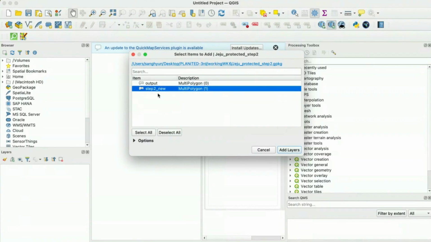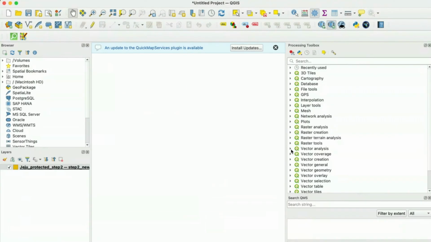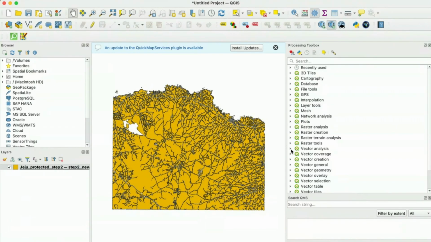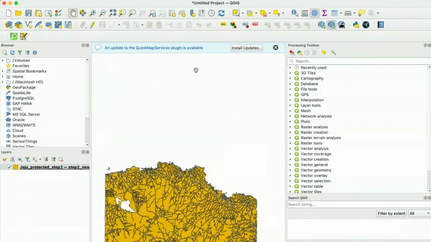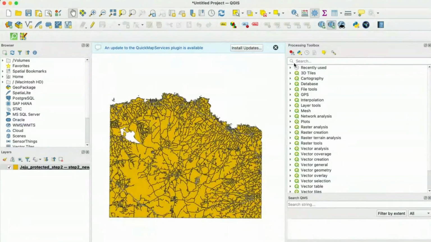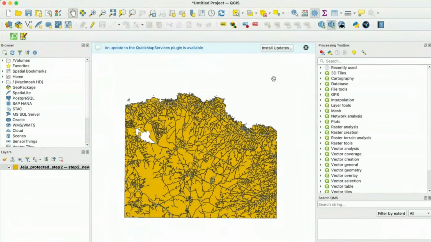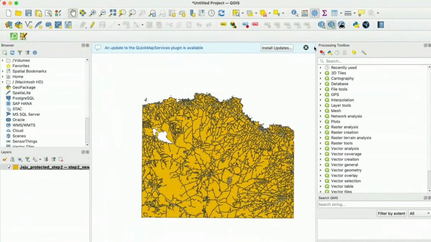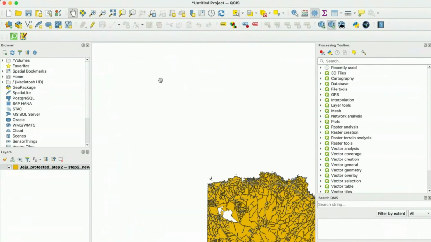So we are going to use step 2 new. Select it and then add the layer. Let me know if things has done. Gonna wait here. Okay,